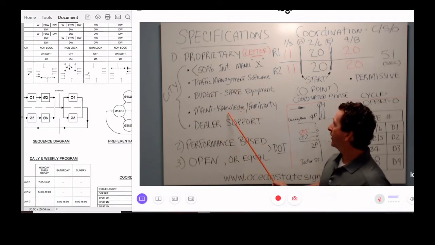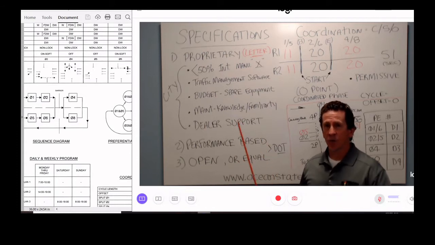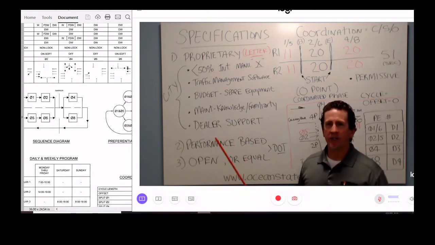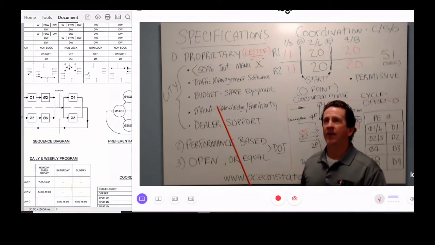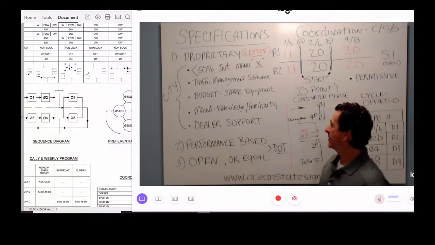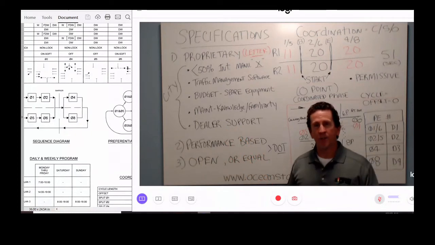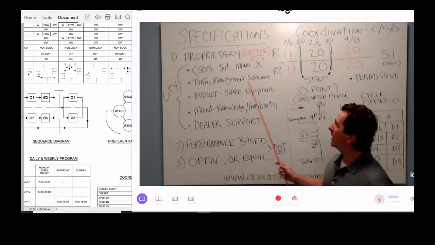One of the other things for you maintenance folks out there is knowledge and familiarity. This is what I work on a daily basis, and what I'm familiar working with. I'm comfortable programming a controller, a push button, video detection, because I work on it all the time. I prefer not to have another manufacturer, because then the learning curve starts all over again, and that can become problematic. And then obviously, what you've been doing for the last 5 weeks, dealer support. You've been watching me give you videos and training you on how to use our equipment. So if you combine these 5 things together,